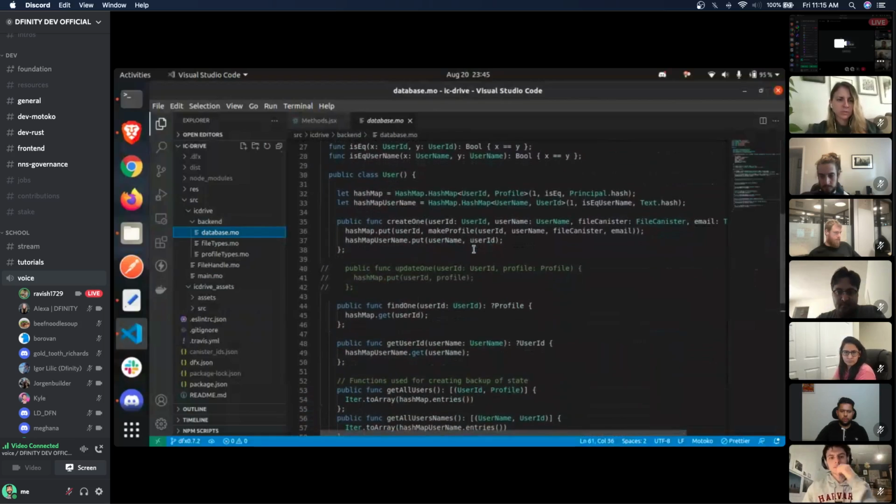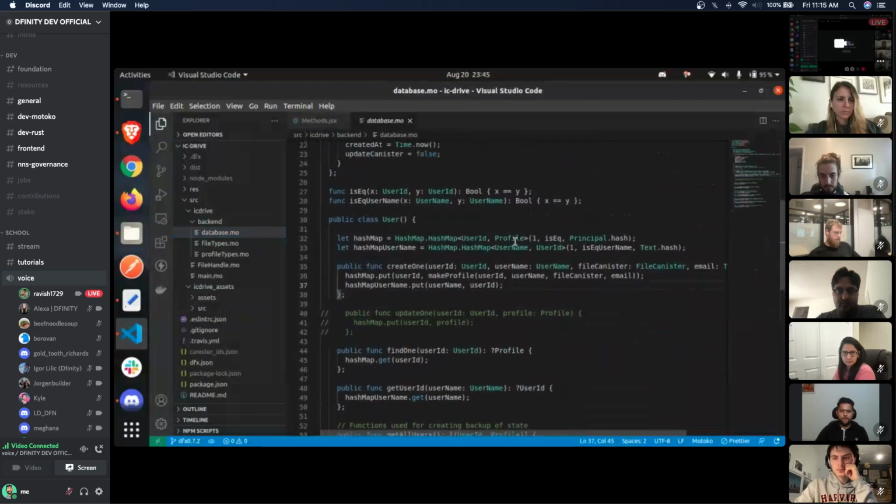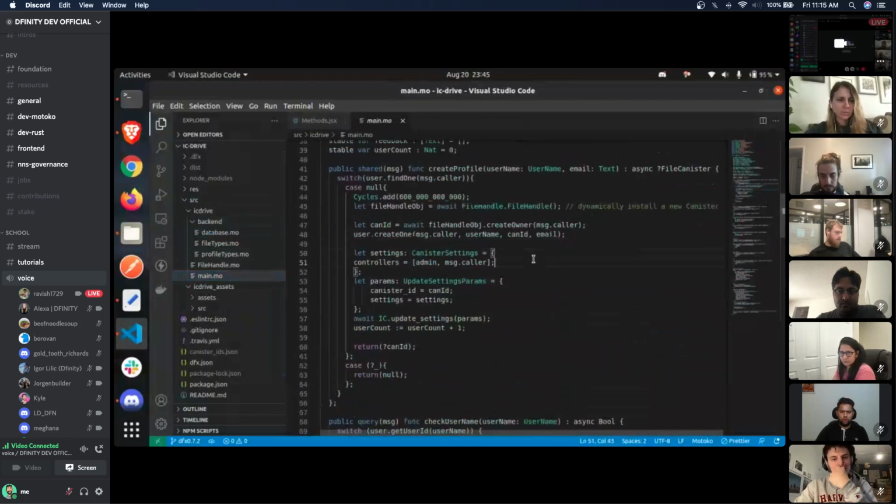Whenever you create your account, there is this hash map in which your data gets stored. Next, again back to file canister scaling. We are using these management canister functions, and using this management canister we are assigning the controllers of that particular canister. One is we ourselves and the second one is the user. Then these functions, which are also part of management canisters, get passed, and the user canister gets created.